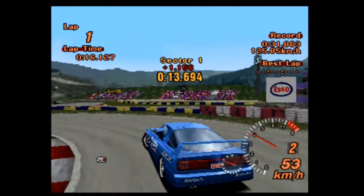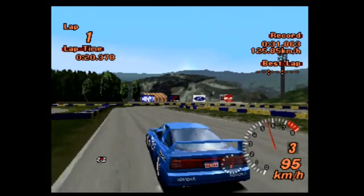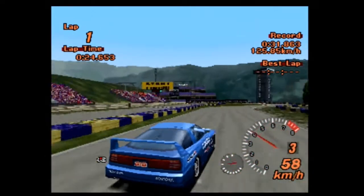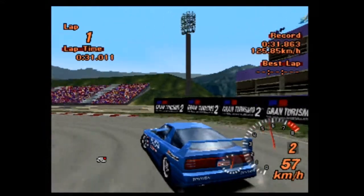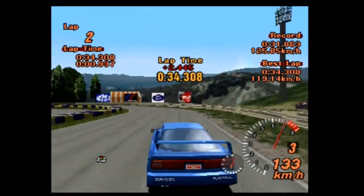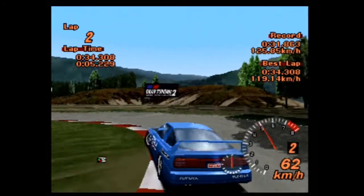Quite a weird one, this sort of Supra. I was expecting a lot more power out of this one. You know, only 443 horsepower from, I believe it was a Stage 2 turbo on this one. You know, most of these sort of Japanese sports cars have Stage 4 turbos. This one only has a Stage 2. Now, whether that's going to hurt it or not remains to be seen because,